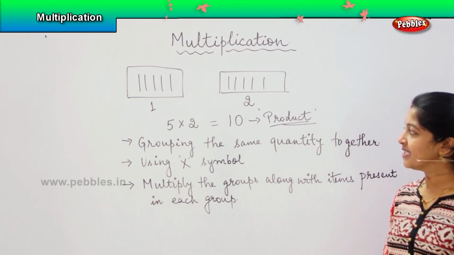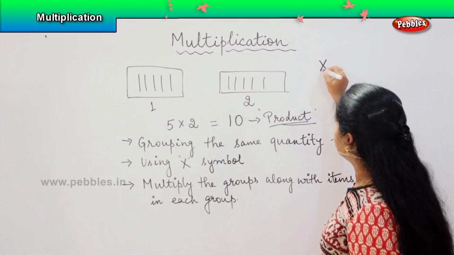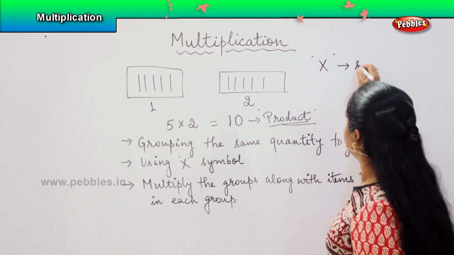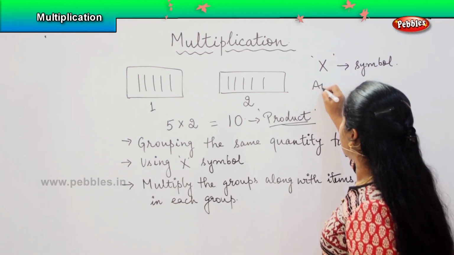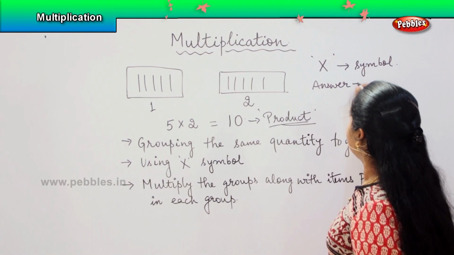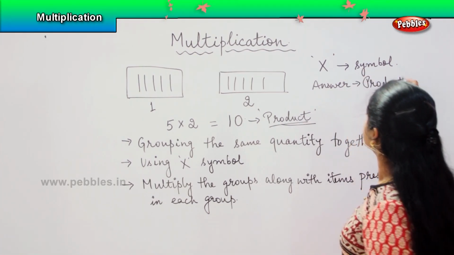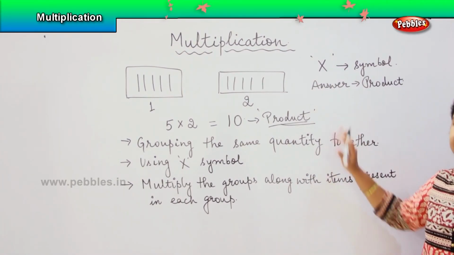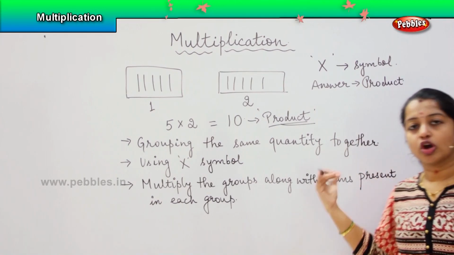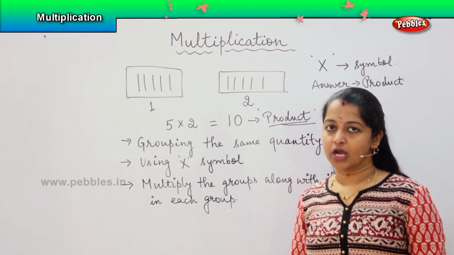Okay. So what are the major things which we see in multiplication, children? Here we will be using the into symbol. And the second thing is my answer is called my product. Okay. So keeping these basic things in mind, we will be solving the questions and see how fast we can solve them. So are you all ready, children?